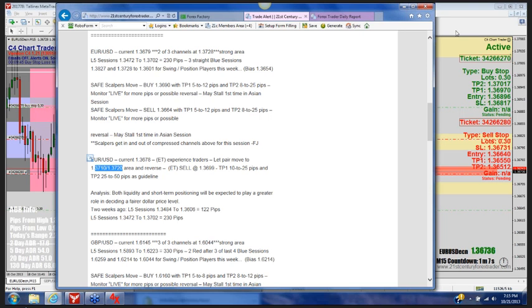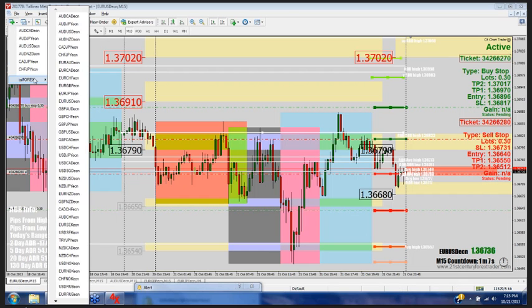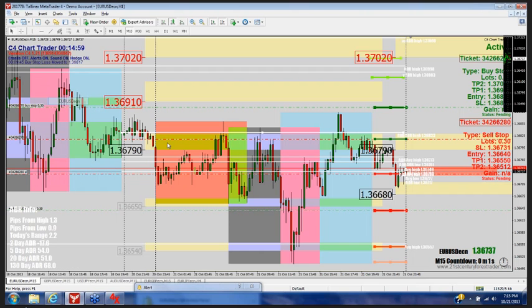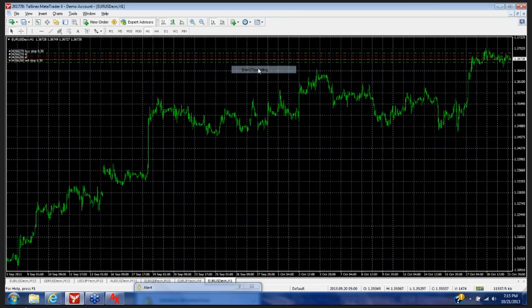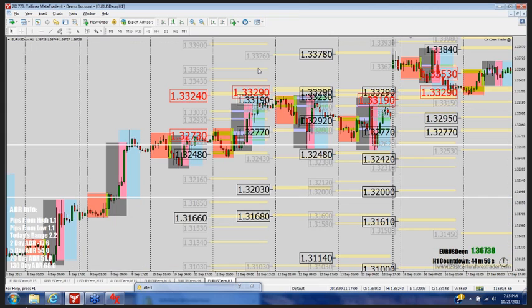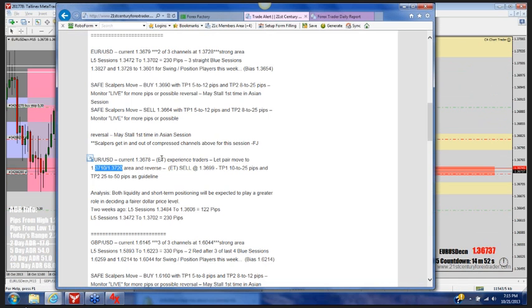You know, we already have a trade on here, so we can't add it to the same chart because we have a buy and a sell that are already utilized. So we would have to open up a new Euro USD window, and from here you could apply your template. And once your template's applied, then you could go and enter